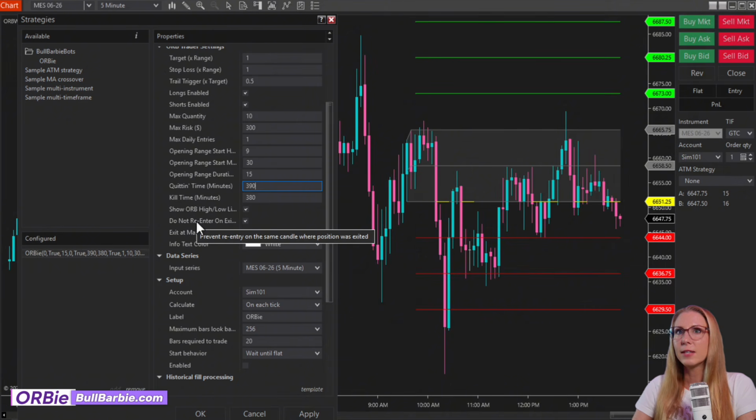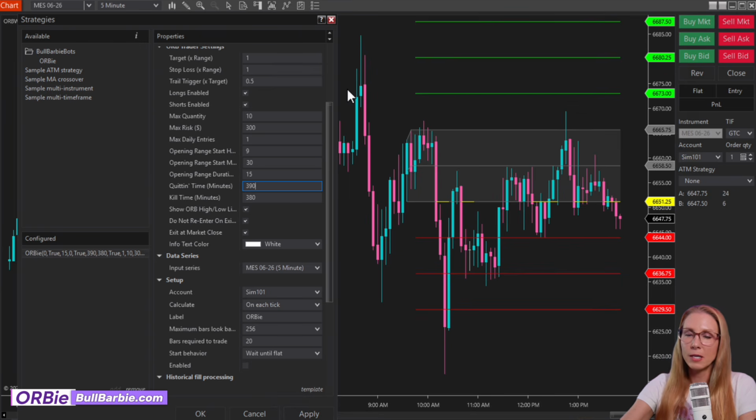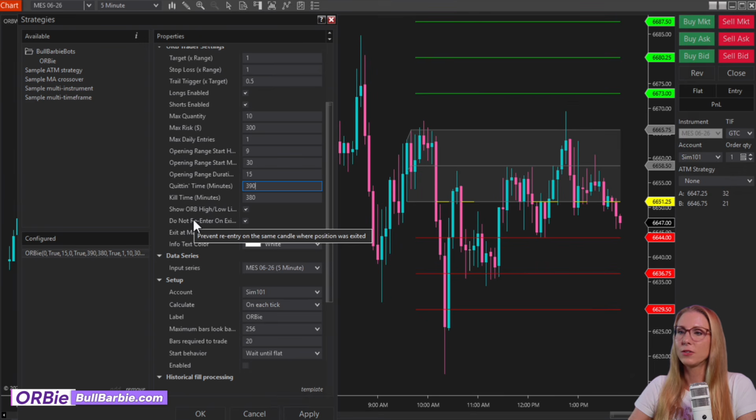If you have this set in strategies, that's where that time frame that you set is going to be important. If you have it on the chart, it's going to be using your chart time frame. If you change your time frame of your strategy chart while the strategy is running, it's going to reset everything. So if you've already had an entry, it's going to set it back to 0. It's like, oh, I can look for new entries now. So I recommend, if you put this on a chart, just have that be your ORBie chart and don't mess with it. But what this is talking about, because this is specific to the way I manage the trade on this strategy,